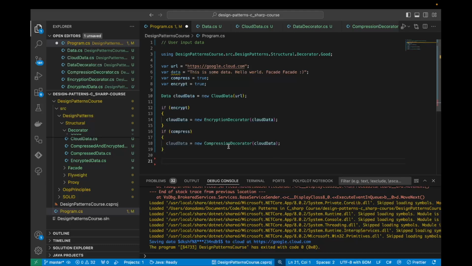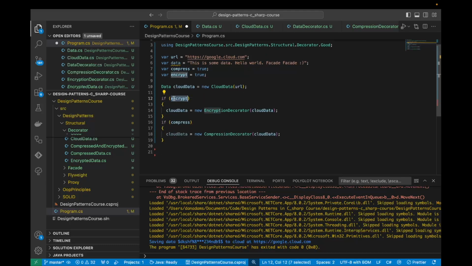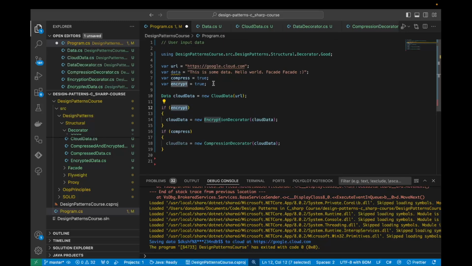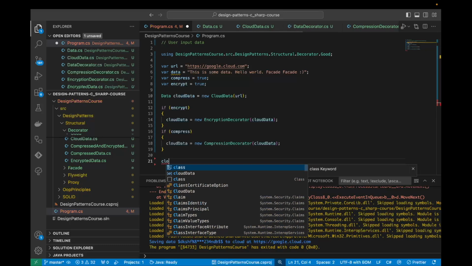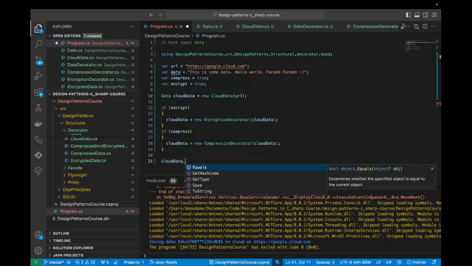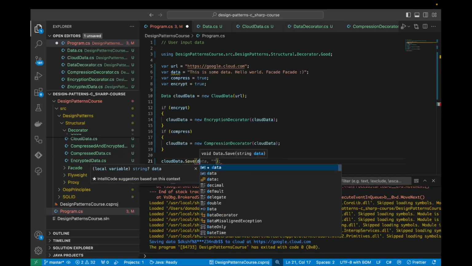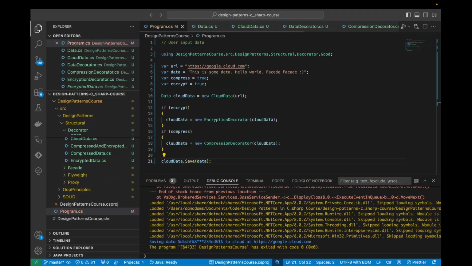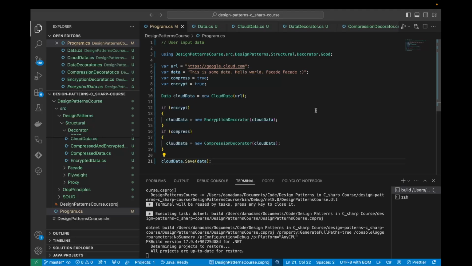Those are the only conditionals that we need. We only need to add one extra conditional for every type of feature that we have. So then at the end, we can call cloudData.save, and then we can pass the data, and then let's run this program,